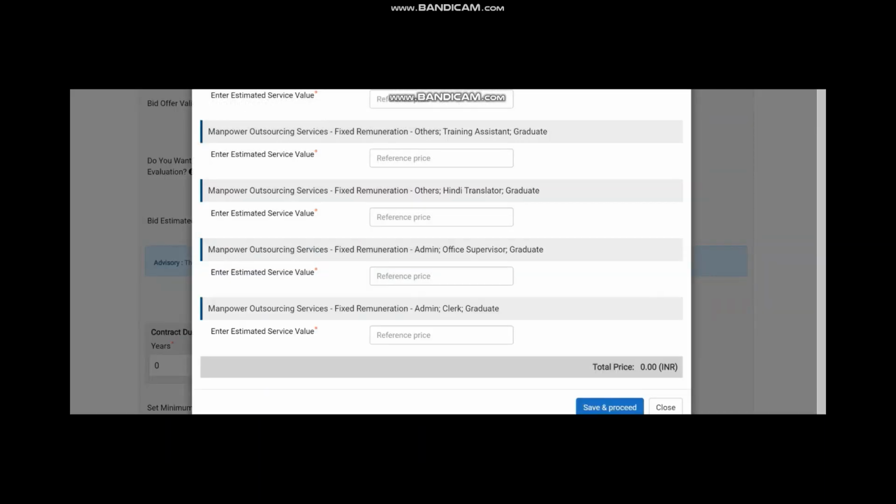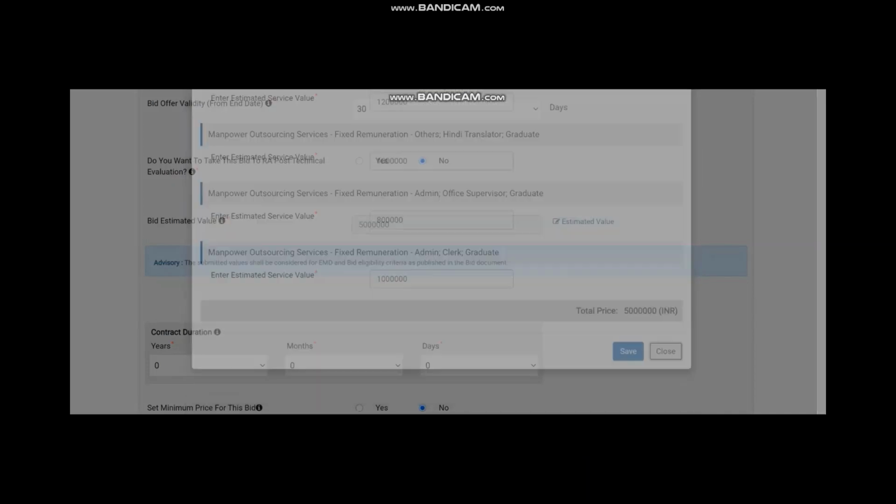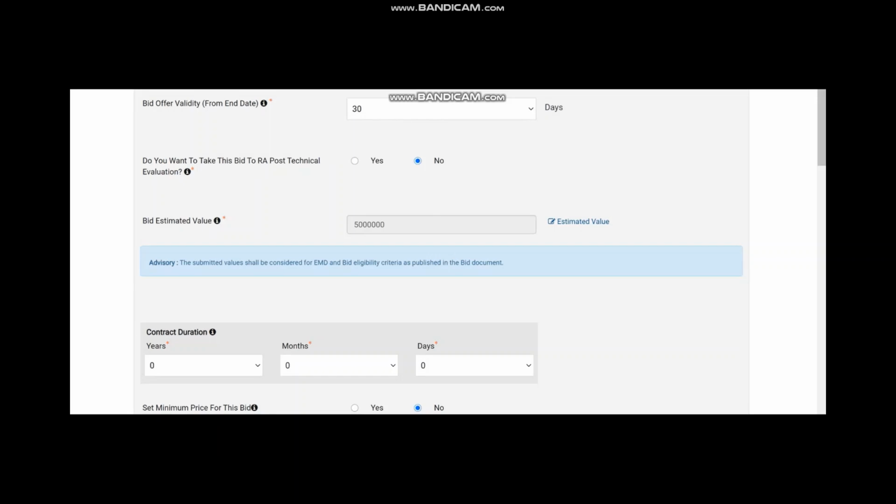So for each manpower hiring, you have to put your estimated value. So for all 5 types of manpower, you have to put the estimated value. Now save and proceed. So once it is saved, the total estimated value comes in this box.